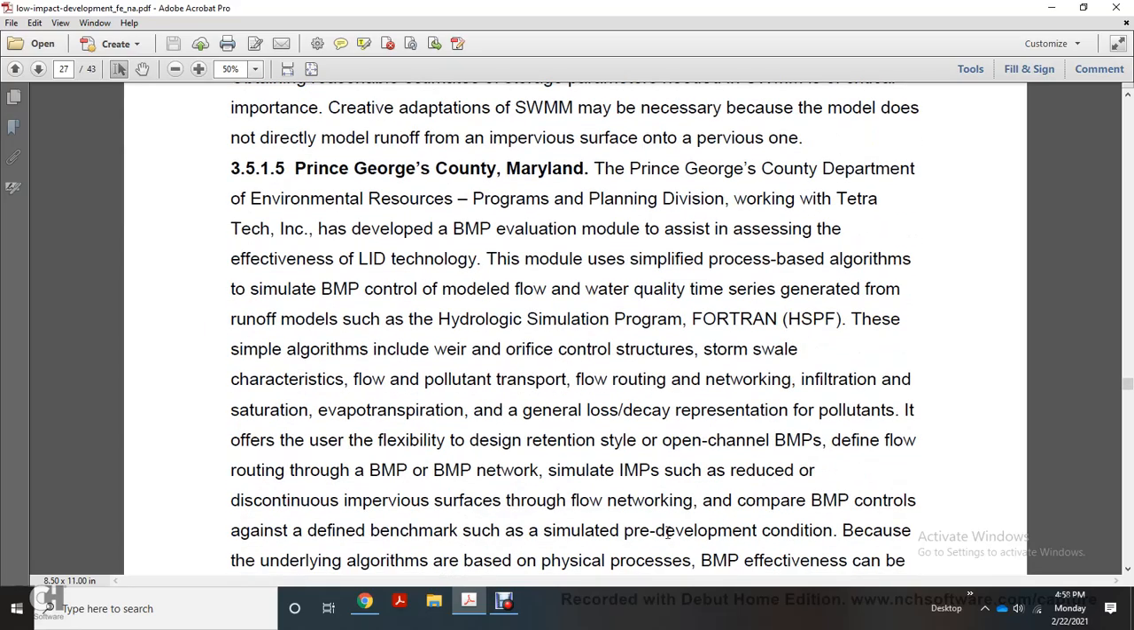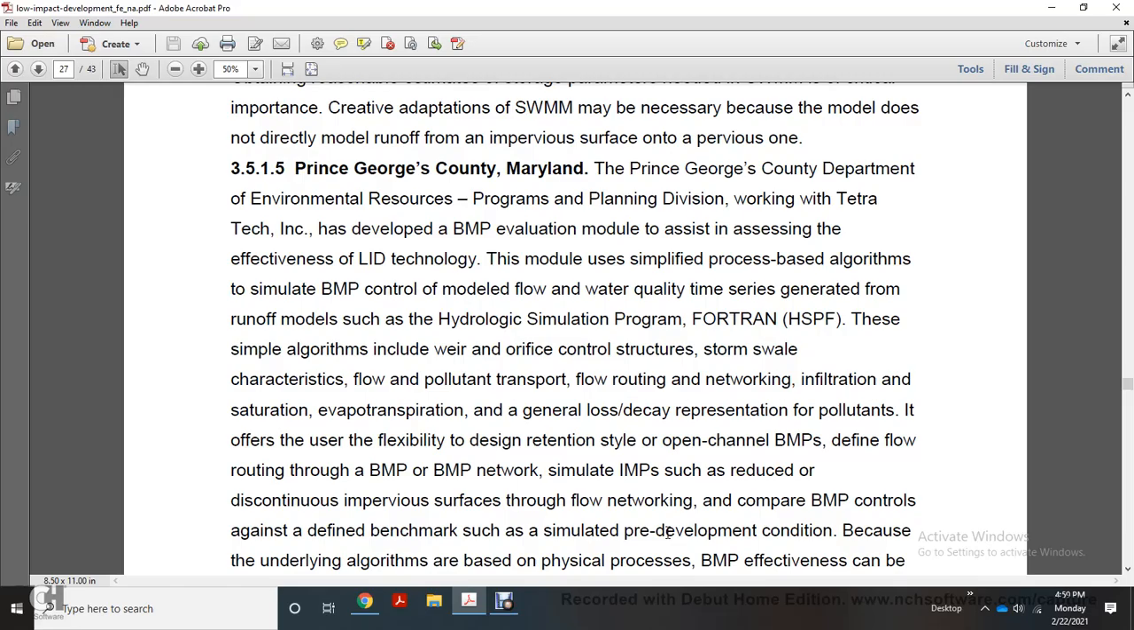Prince George's County, Maryland, Department of Environmental Resources, Programs and Planning Division, working with Tetra Tech, Incorporated, has developed the best management practice evaluation module to assist in assessing the effectiveness of low impact development technology. It uses a simplified process-based algorithm to simulate best management practice control of flow and water quality for the time series generated through runoff from such hydrological simulation programs as